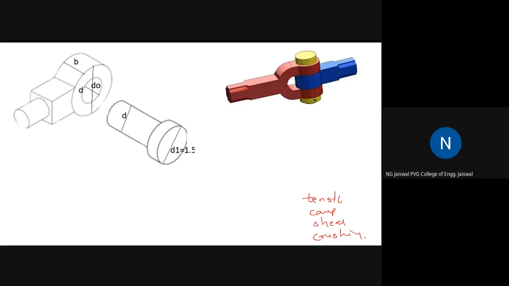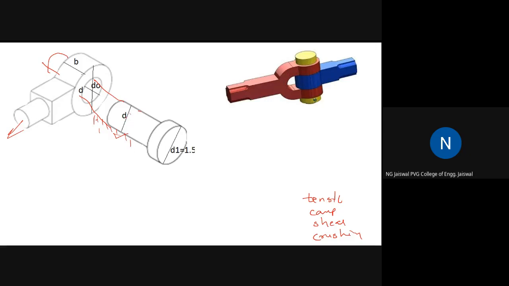Okay. Now tell me, or just try to identify, suppose this pin is introduced inside this, right? And these two materials, this material and this material, are different materials, maybe with different properties and different strengths. Now, after insertion, let us say you inserted this. Imagine that this is inserted inside this. If I keep this fixed, and if I give some force to this, what will happen?